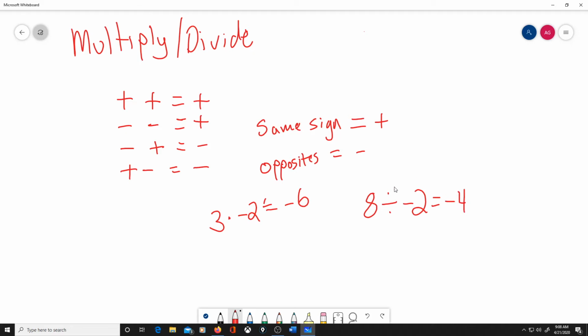So this is really important when we're doing our one-step equations and we're dividing by the coefficient, and the coefficient might be negative, or the number we're dividing might be negative. Just making sure that our result comes out with the correct sign just by following these rules. Same signs, they're both positive, they're both negative, you're going to get a positive out. If they're different signs, if one's positive, one's negative, or vice versa, then you're always going to get a negative result. So that's really important. So just follow those rules, and then you should be able to get the problem